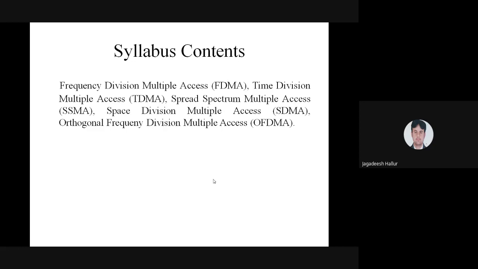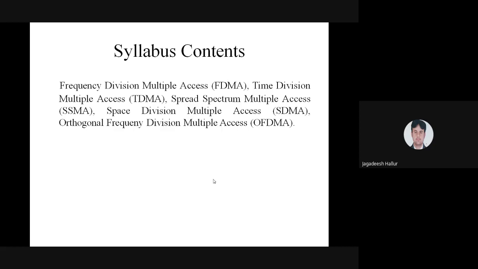Space division multiple access. What is space? Space is where we launch the satellite. That is space division multiple access. In space division multiple access, we access the signal through the satellite. We are living on Earth station and the satellite is in space. We are getting the signal through space, from the satellite. Many users, vehicles, army personnel, civilians, commercial users, all use that signal by using space division multiple access.